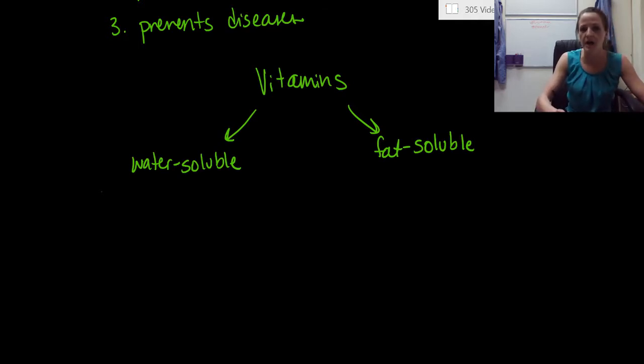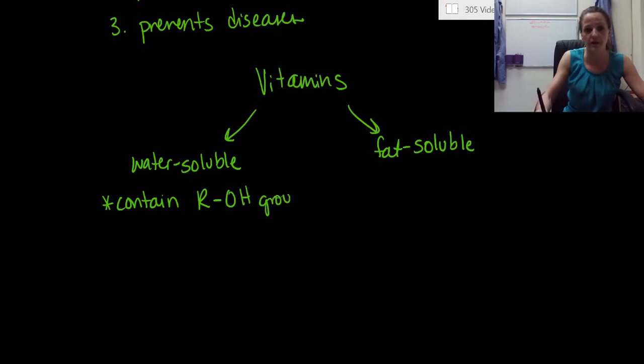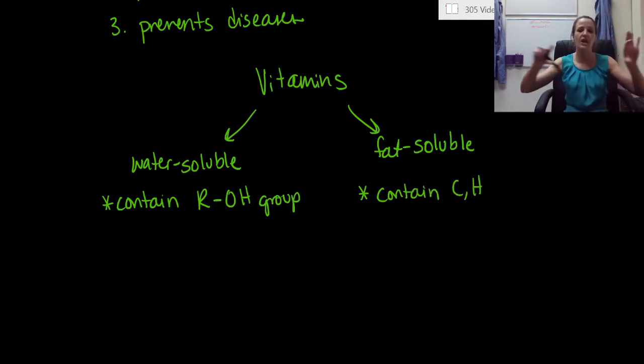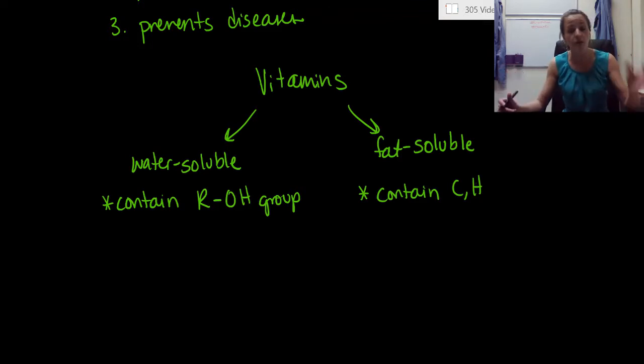The organic compounds, or the vitamins, that are water soluble usually contain an alcohol group. So that OH group, somewhere in the organic compound. Whereas fat-soluble compounds usually only contain carbons and hydrogen, so they're usually very long hydrocarbon chains. Sometimes, though, at the very end of a hydrocarbon chain, you will see a hydroxyl group, or that OH group. So just because you see that alcohol does not necessarily mean it's water or fat-soluble. If there's one alcohol, it's probably more fat-soluble. If there are 5, 6, 7 alcohol groups, it's most likely that vitamin is definitely a water-soluble vitamin, okay?